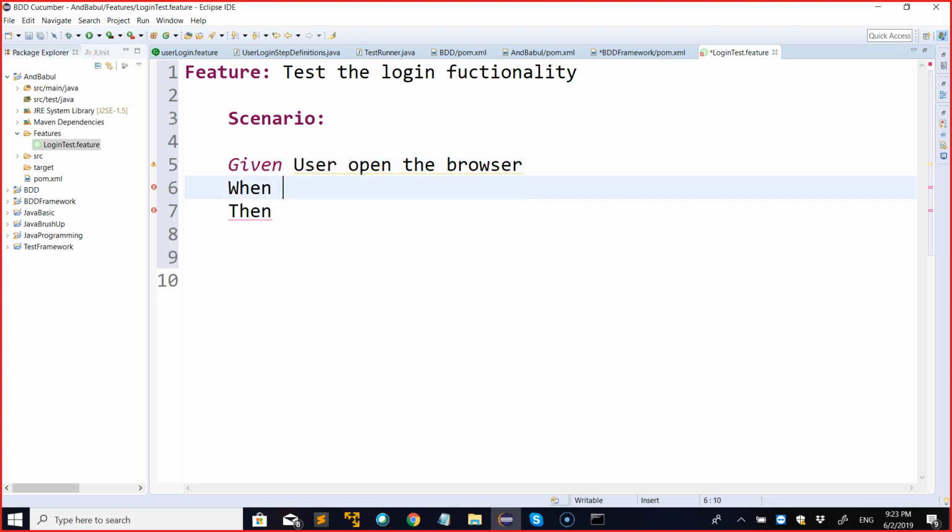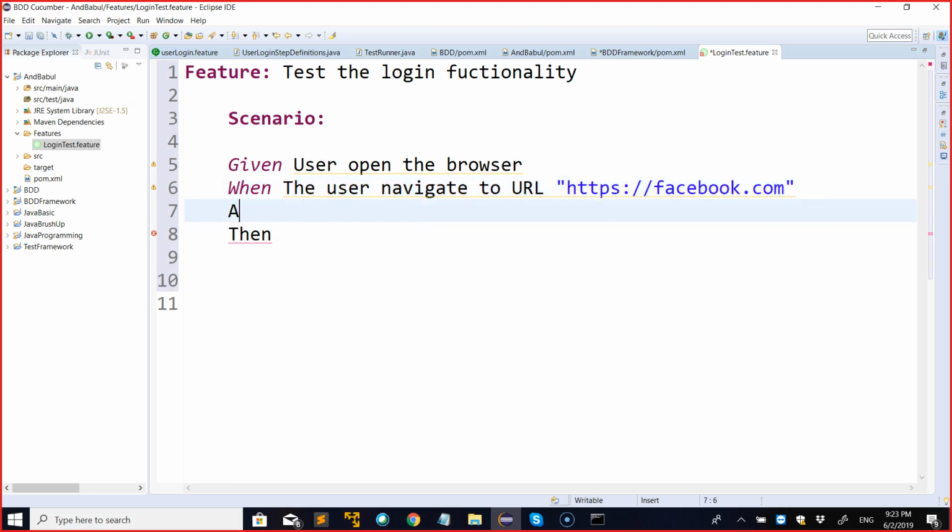Okay, then I say when the user navigates to URL, you can write like this, URL https facebook.com. Okay,